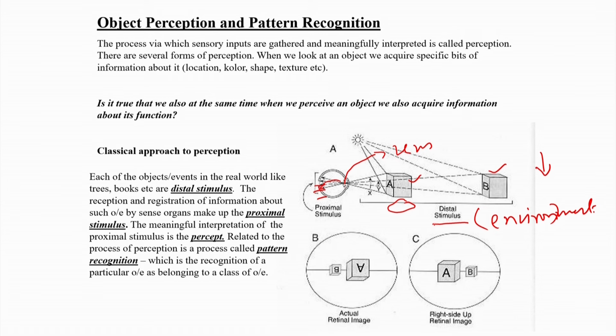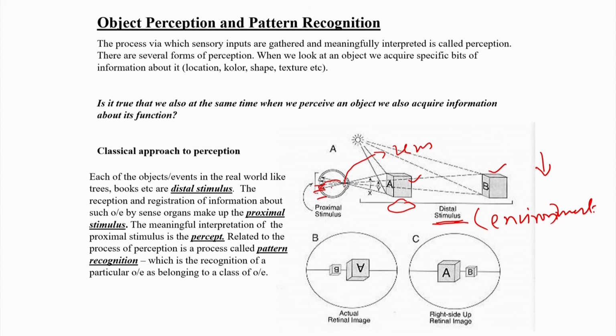So, what I am trying to say here is that the distal stimulus is the object in the environment, the proximal stimulus is the inverted image of the object in the environment, but recognizing what an object is, the meaningful interpretation of an object, distinguishing an object as a tree, an animal, a child, humans, buildings, is what is the percept. Now, the percept gets compared with fixed patterns which are stored in the brain, and this is called pattern recognition. Once the occipital areas gather basic information from the eye and the optic nerves about the proximal stimulus, such as the shading, the contours, and the intensity of light falling on the stimulus,